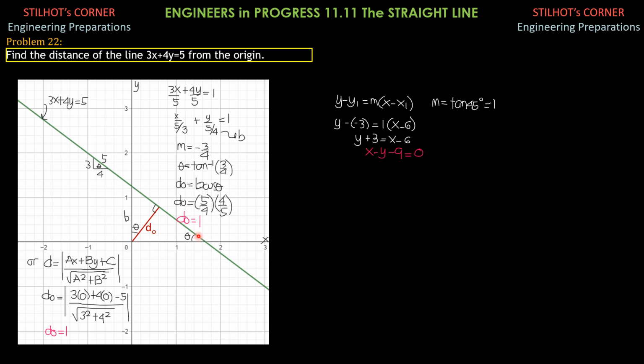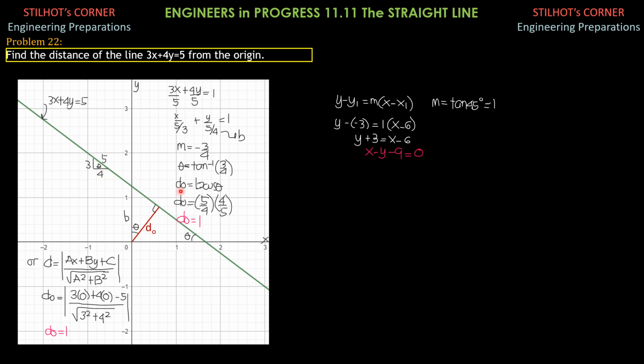Then the other solution is we draw this line, perpendicular distance. I'll call that distance DO. So if this is theta, because that's 90 degrees, perpendicular distance, of course, 90 minus theta. So that's why this is theta. This is the y-intercept of the line, and it is 5/4. So if this is 5/4, that's the hypotenuse of this right triangle. And this is the angle theta. You may solve theta, but in this case, this distance DO is simply hypotenuse times cosine of theta. The hypotenuse is 5/4, and cosine of theta from this triangle is 4 over 5.